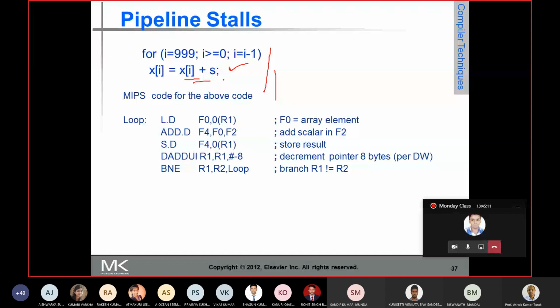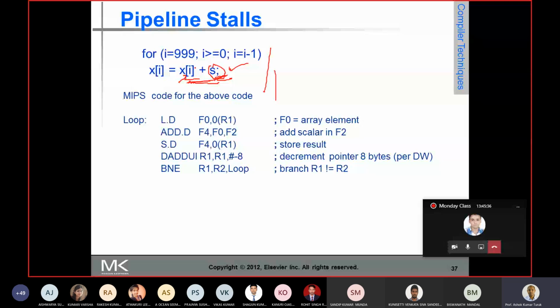Then this is the scalar. The scalar can be stored in some floating point register. So you add the two registers and store the result back into the same register. Add these two, and store it back in the same register.